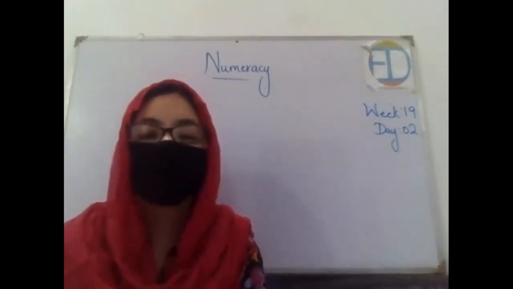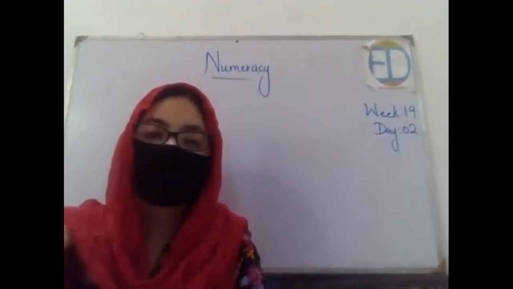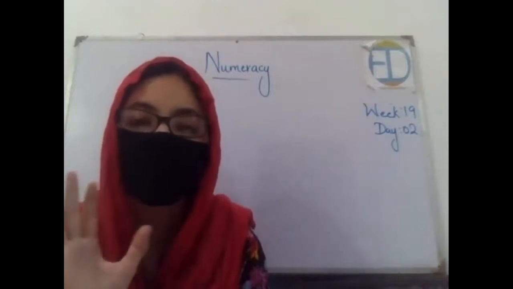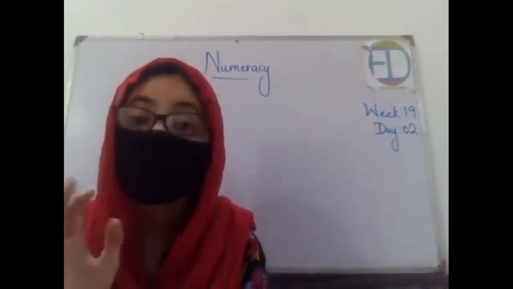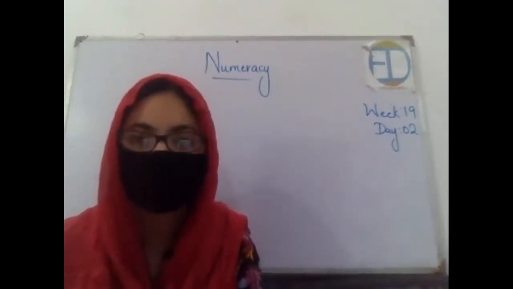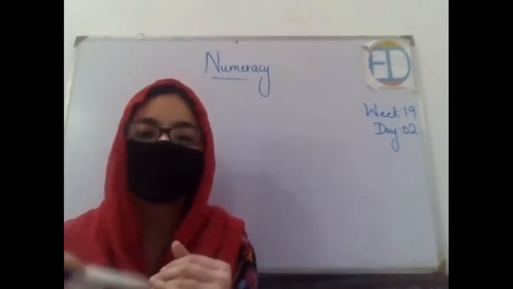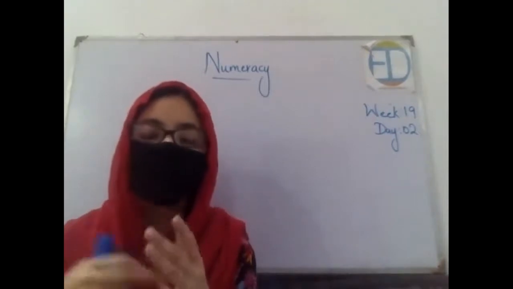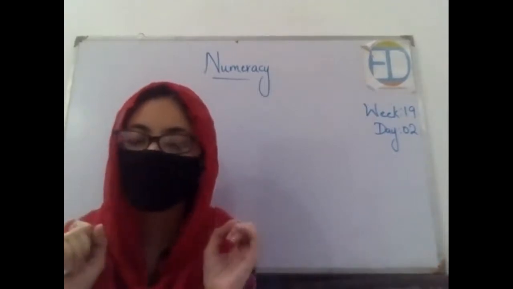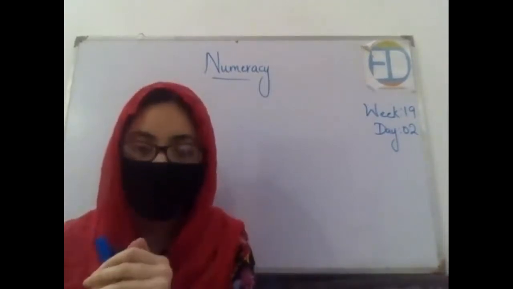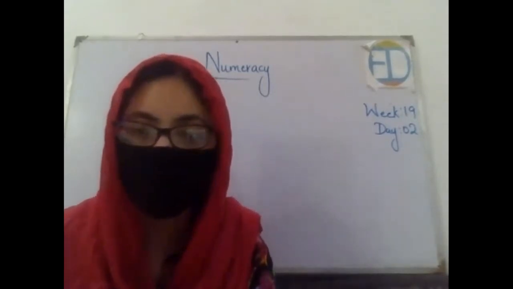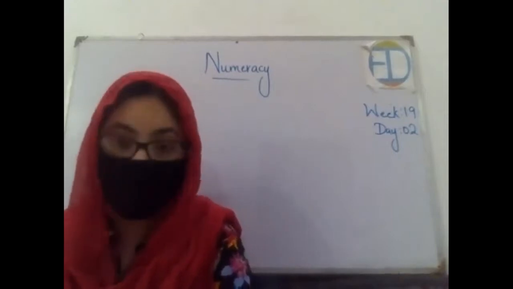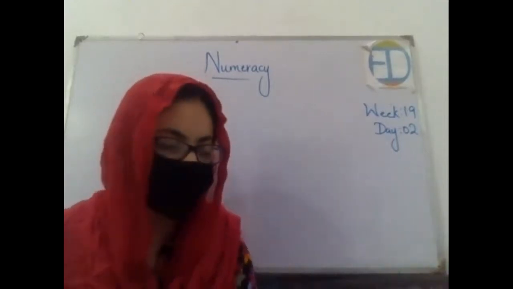Now, can squares be small or big, or is there a fixed size in which we can find them? Yes, we can have a variety of them, right? In today's class, we will be discussing a shape that is somehow similar to a square, but there is a little difference. So let's start with that. I'll be showing you pictures, and you are supposed to tell me whether you can identify the shape or not. So, first, look at this keyboard.